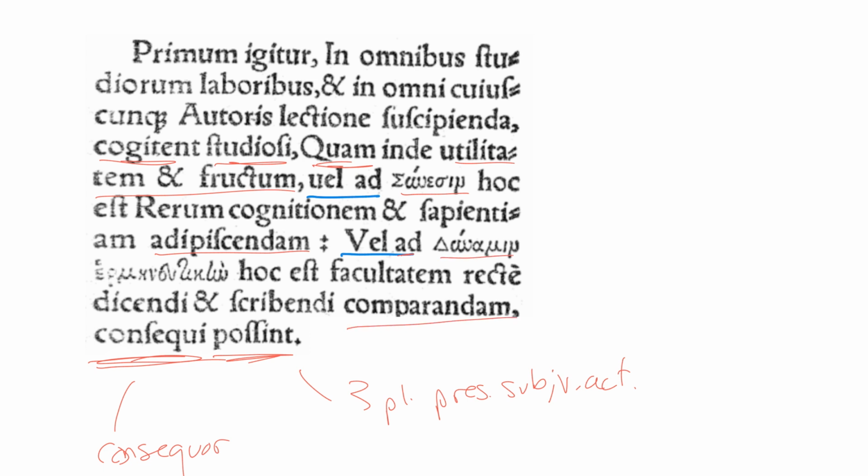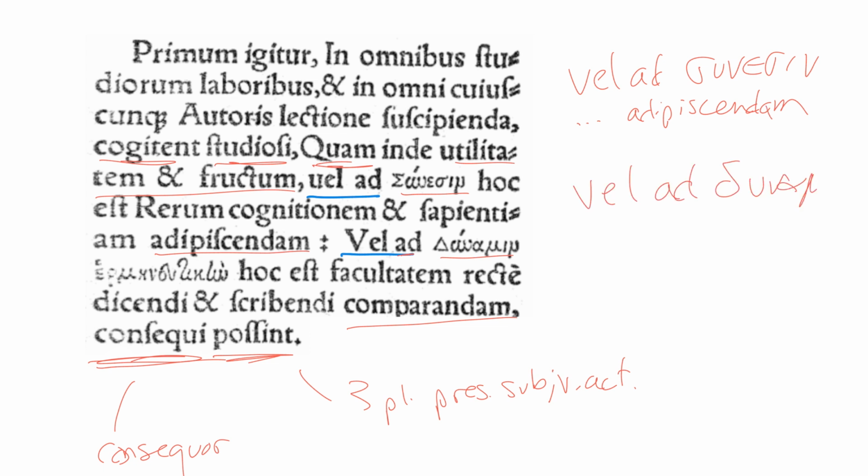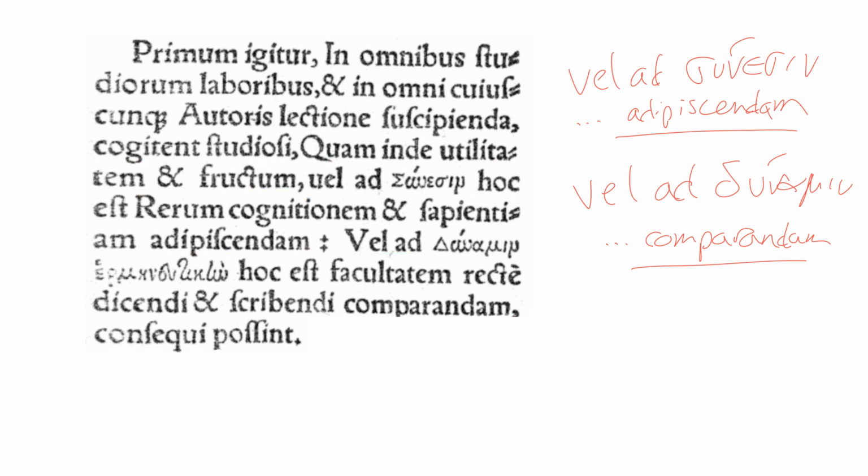So there is a great deal of parallelism, balance, and symmetry. We have well, ad, and then sunasin, with some modification before we get to adipiscendam, like so, which is a gerundive. And then in the second member, we have well ad dunamin, with its modifier, a few modifiers, down to the gerundive comparandam. And adipiscendam and comparandam, they are synonyms. They have a very similar meaning. So either for acquiring or for getting comparandam, or I should say ad comparandam, for acquiring the ability, dunamin, the